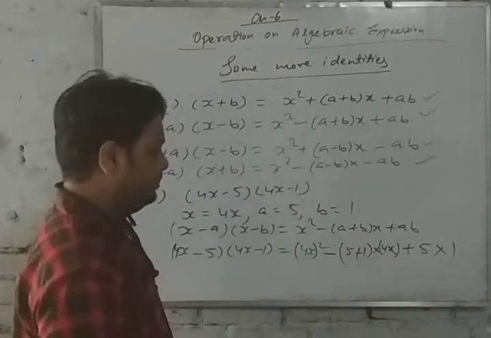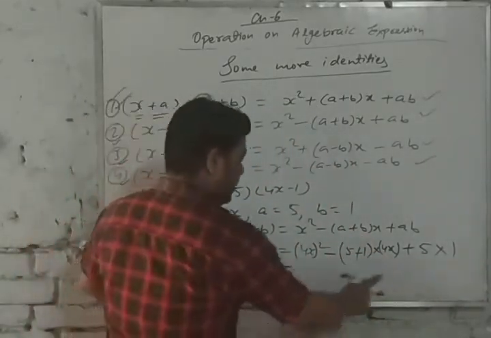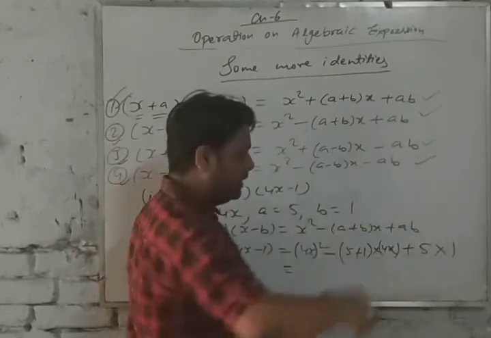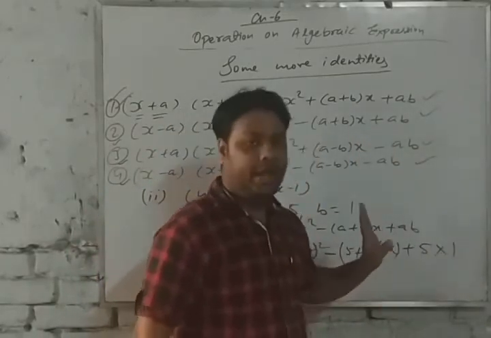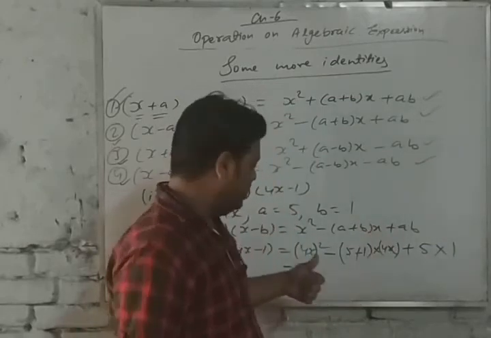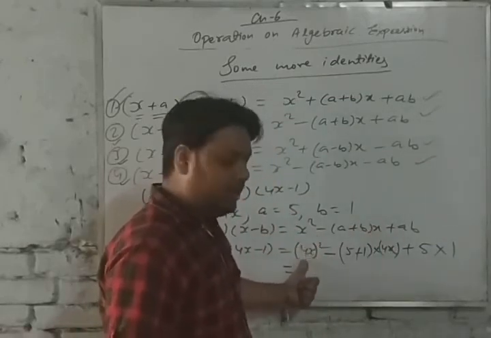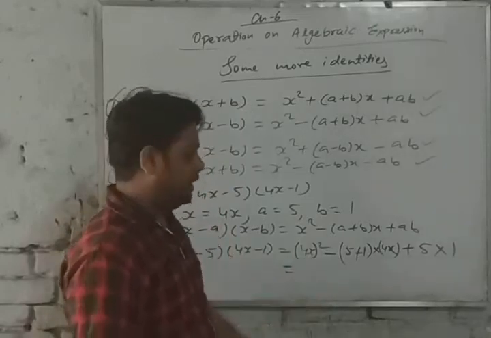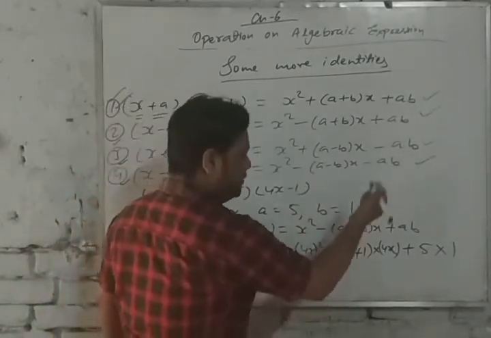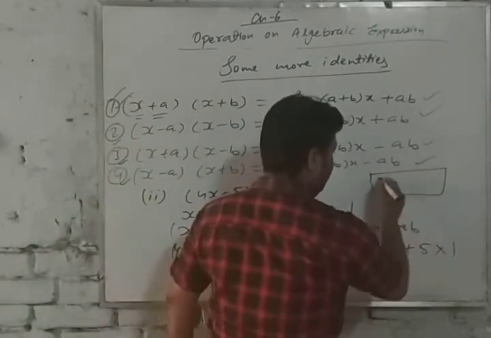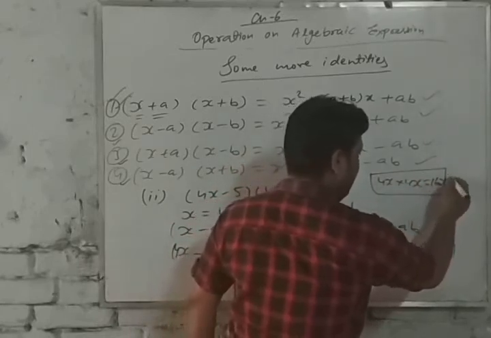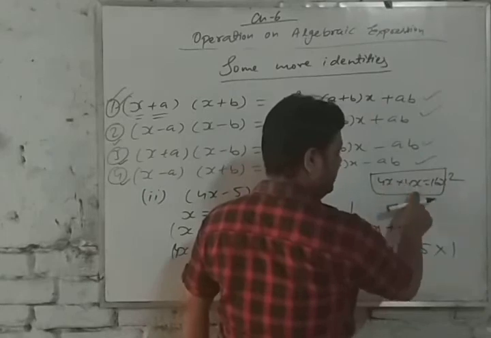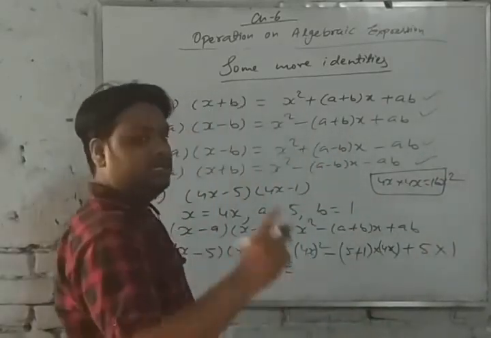Okay, now here there is no square term, that is, there is no exponent on A and B, so I have not used brackets. But if there is any exponent in any term, then we will use brackets. Okay, 4x square, what does it mean? It means 4x into 4x, that will be 16 and x square, because x to the power 1, x to the power 1, so we will write 16x square.